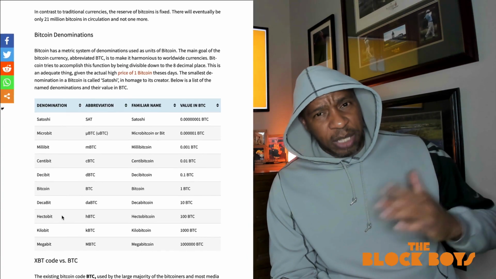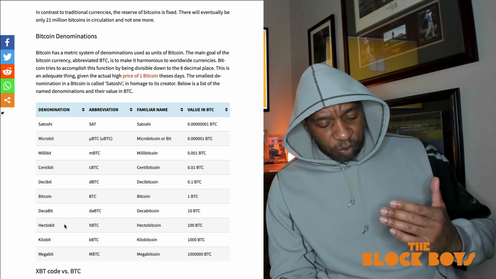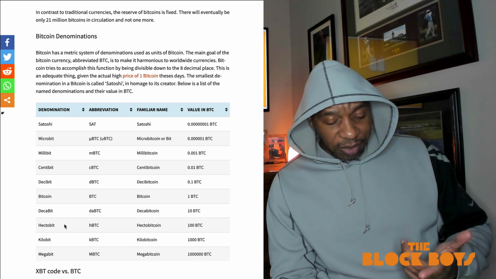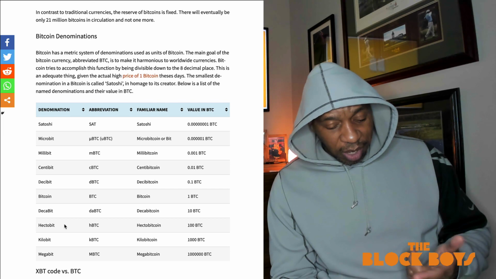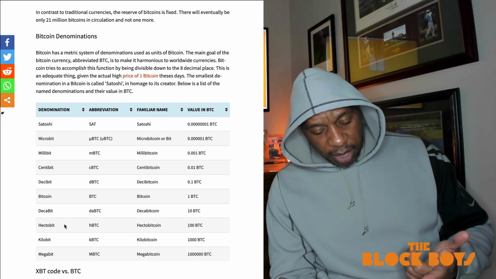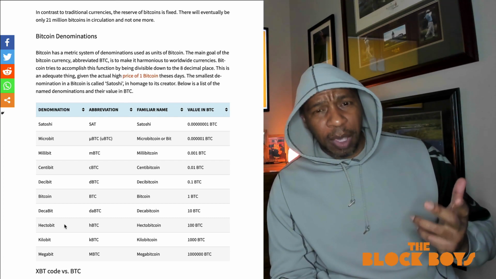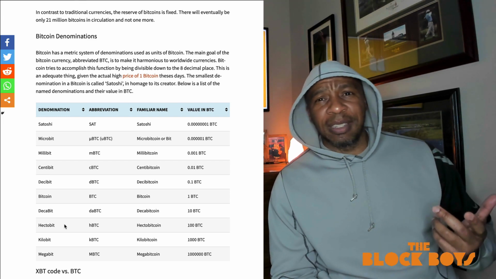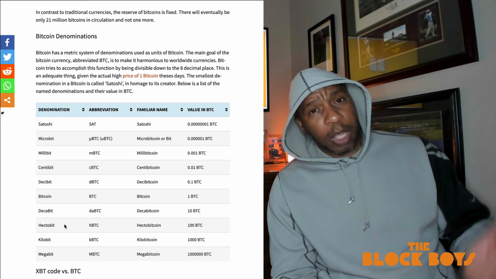But the rest of it kind of follows the metric system. So the unit of Bitcoin breaks down. You can go decibits, that's like 1/10 of a Bitcoin. You can go centibits, that's 1/100th of a Bitcoin. You can go millibits, that's 1/1,000,000th of a Bitcoin. You can go a microbit, and that's 1 to the 12th power or something like that of a Bitcoin. And then you've got a Satoshi, which is like 1 times 10 to the 18th power of a Bitcoin or whatever. But it goes the other way as well.